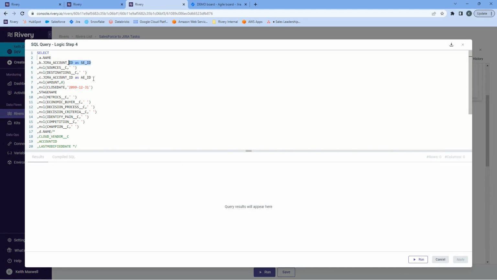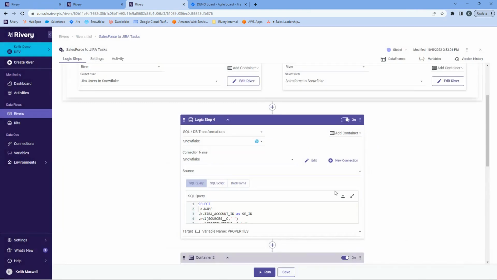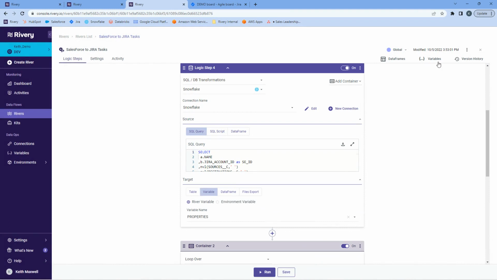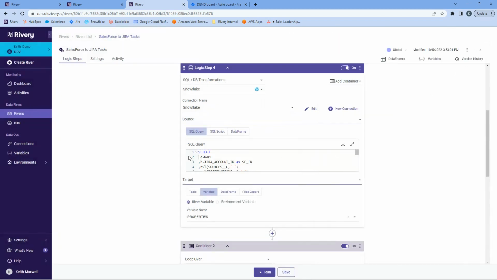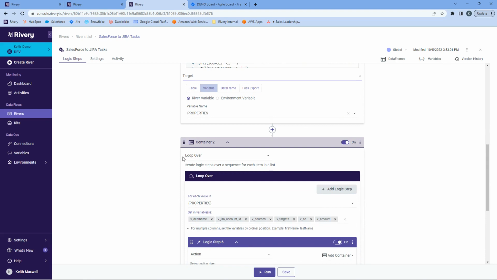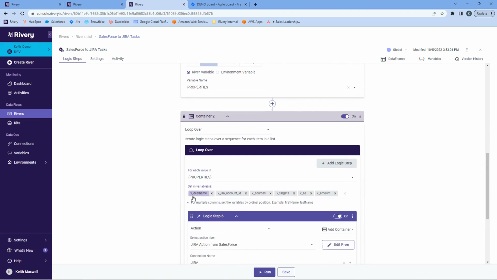Things like defining my aliases, doing all my joins, my where clause, my conditional statements. What I'm doing here is storing that in a single variable called properties. And that properties variable contains multiple values. So what that means is it actually contains multiple rows. So in this select statement, if I have 100 rows of data, I'm going to store that in a properties variable. Then I'm going to loop through one row at a time, and I'm going to pass dynamically each attribute,